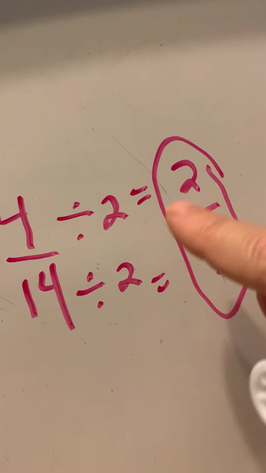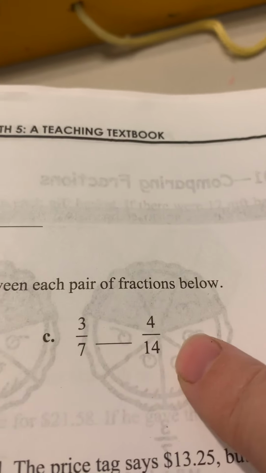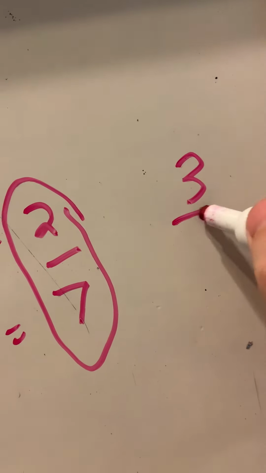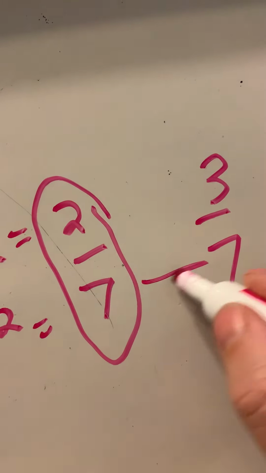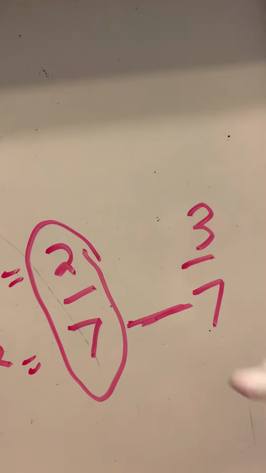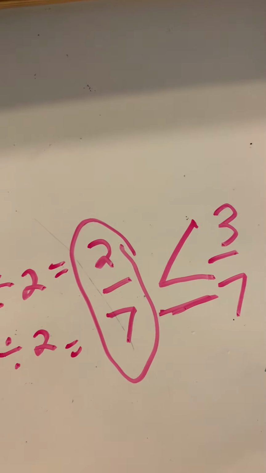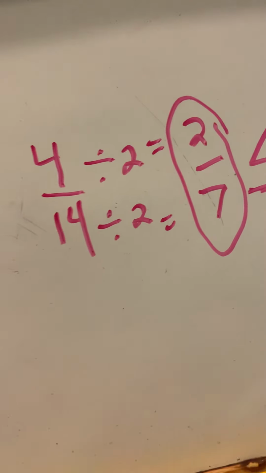Now I got to write that over here. Now this 4/14 is 2 over 7, compared to 3 over 7. So we put 3 over 7. Now the bottoms are the same, so I can compare them. Now if they're the same, I just see which one's bigger, 2 or 3. This one's bigger, so I'm going to have to eat the big number. Okay? So when you see those, and you will in today's assignment,